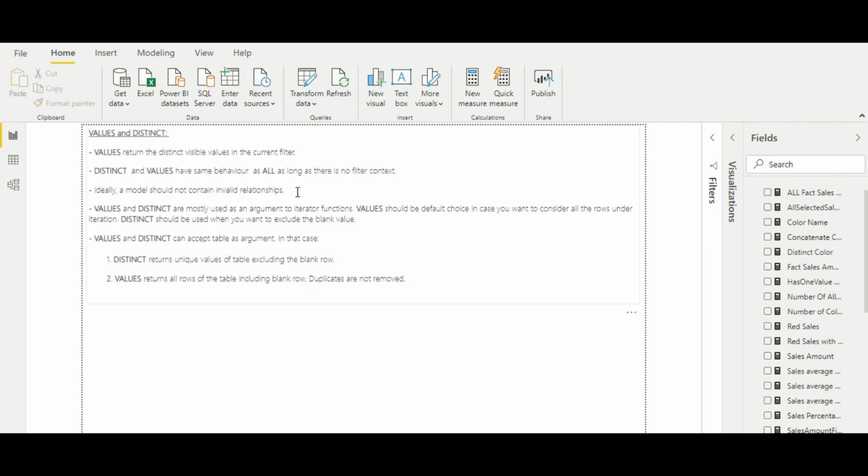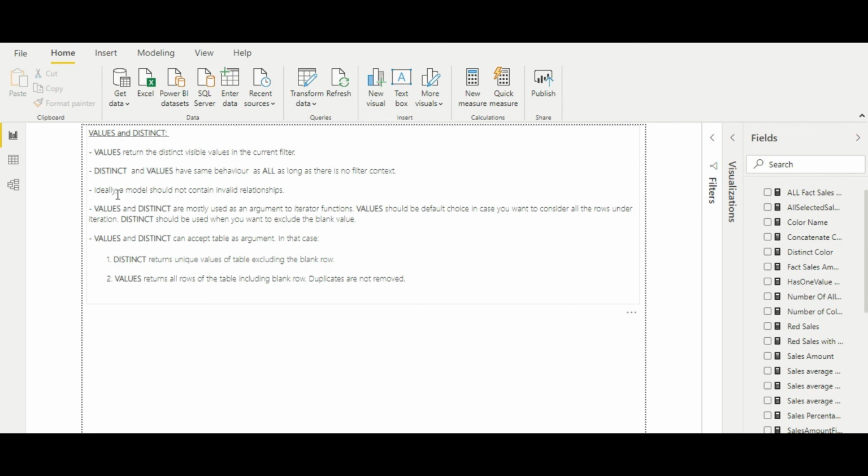Ideally we should not do this. We should always try to have all the possible values, so there shouldn't be any blank value. Otherwise, it will always appear in the table and it will not look nice in the numbers also. Whatever calculations you do will also be incorrect in those cases. So we should not break the referential integrity. This thing needs to be kept in mind.